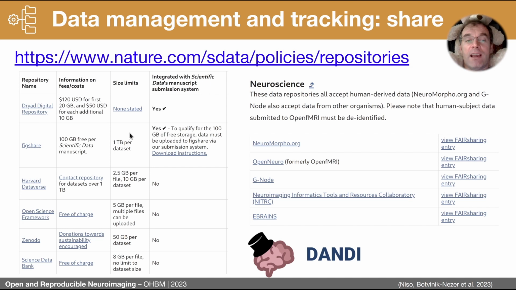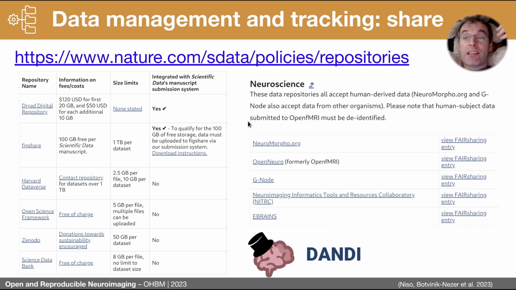This page provides you some sizes of what is available if you are publishing in that journal. If you are not, then sizes probably would be less. Let's say Figshare, I believe only 20 gigabytes is available. But then on Zenodo, I believe also it's some few gigabytes. But the beauty of Zenodo is that you could link it to your GitHub and create automatically those DOI referenceable resources. What I advise you to do is actually look into